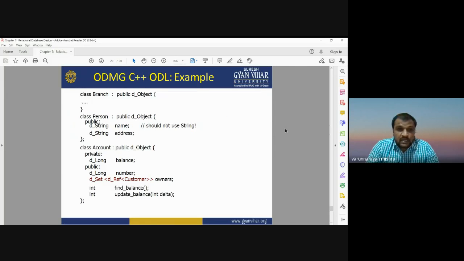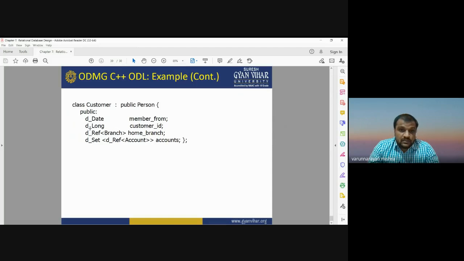So this is an example of how we can write code for ODMG, the Object Data Management Group. This is code written in C++, and it may be used to define the objects. It may be used to define different classes and types of the data sets in that object-oriented data model.